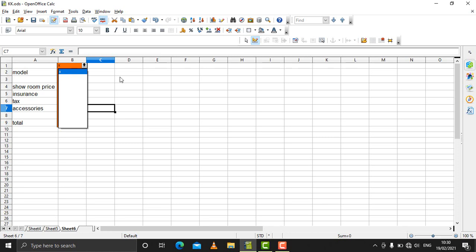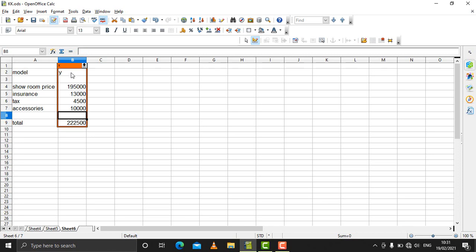Now the next thing is we need to store the second value. For storing the second value, we need to enter the second value. So here what I want is Y. So remove this X, make it Y, and change all these prices. Say for example it's 1,75,000, so I'll write here 95,000. It is 12,000, so I'll make it 13,000. It is 4,000, so I'll make it 4,500. It is 6,000, I'll make it 10,000. So you can see the total is changed automatically. So I have changed all the values.